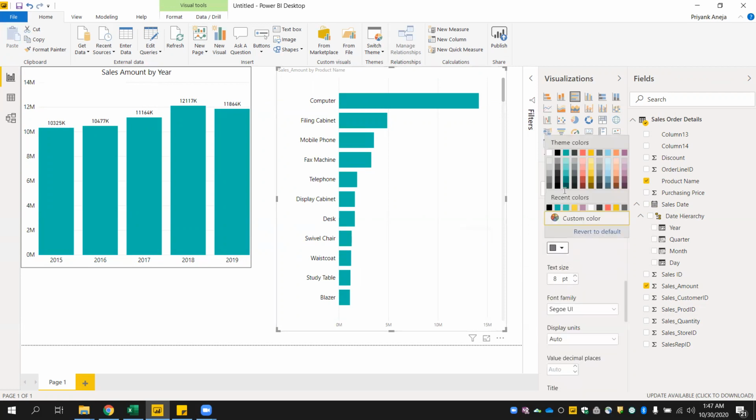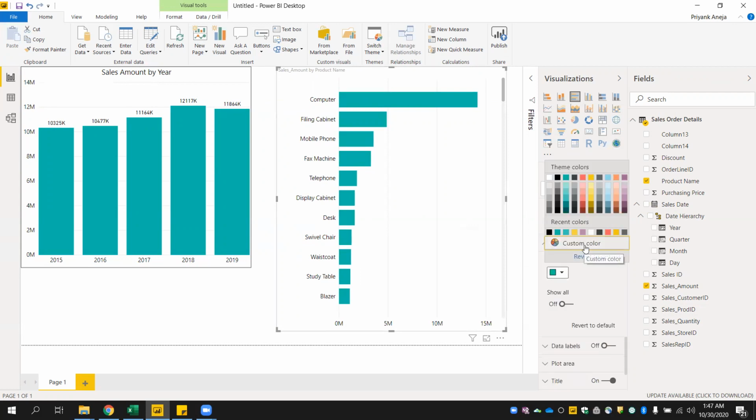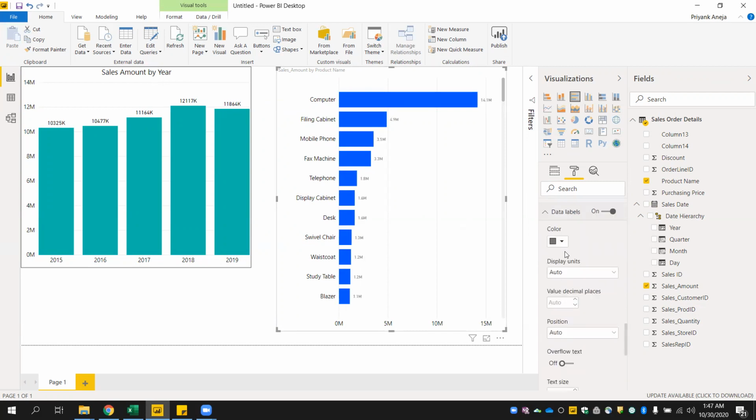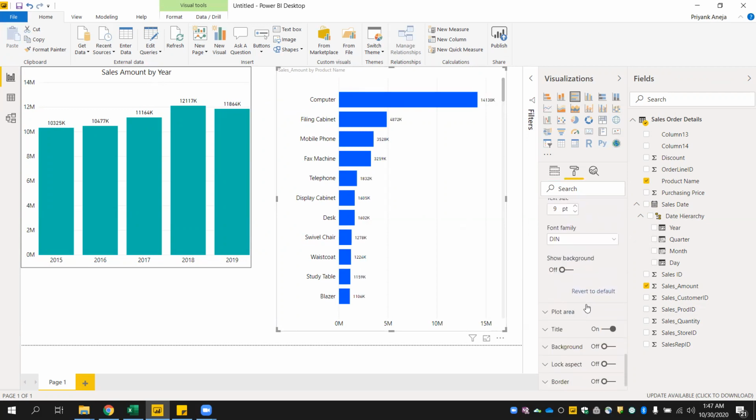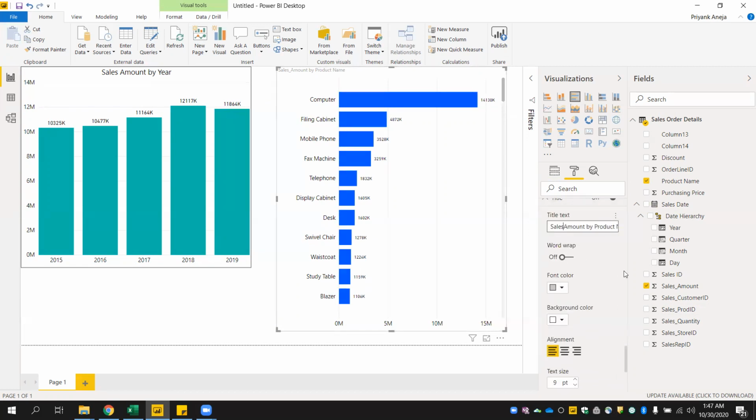Let's change the setting of my x-axis, and change the color of the data bar. Let's put the labels, make them in thousands, and give it a title, sales amount by product.